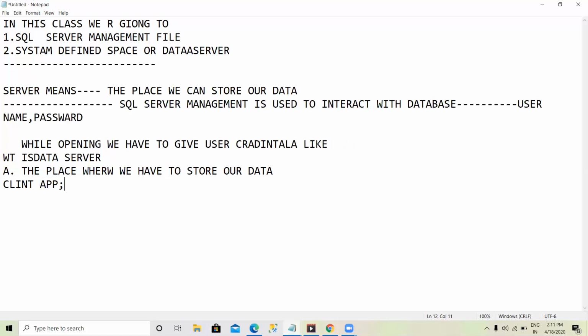The application where the user interacts directly is called a client application. Okay, let us discuss in detail.